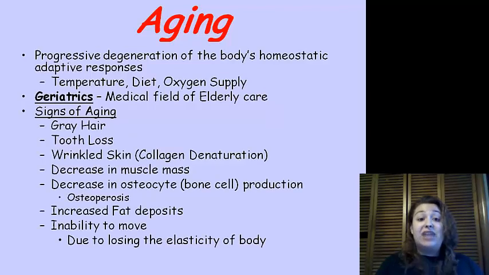We see signs of aging with gray hair, tooth loss, wrinkled skin, or collagen degeneration, decreased muscle mass, decrease in the osteocytes, which are going to be bone cell production. You've maybe heard of osteoporosis, increased fat deposit, and the inability to move due to the loss of elasticity in